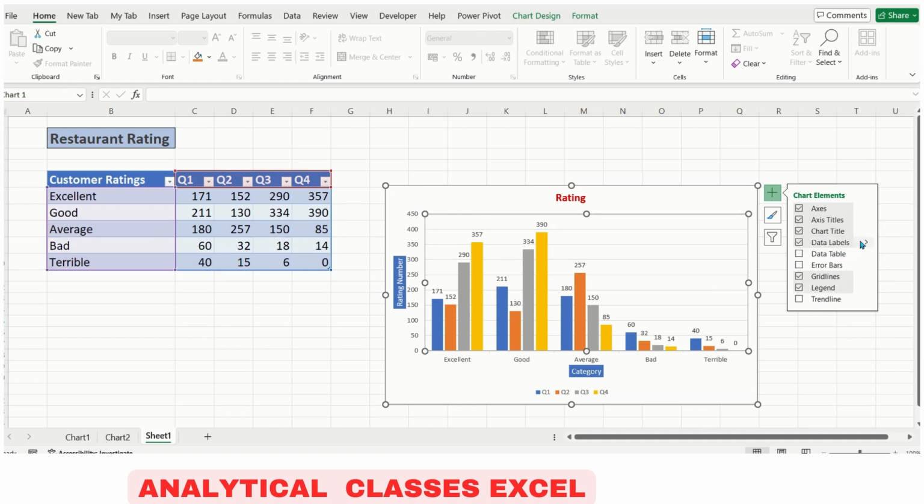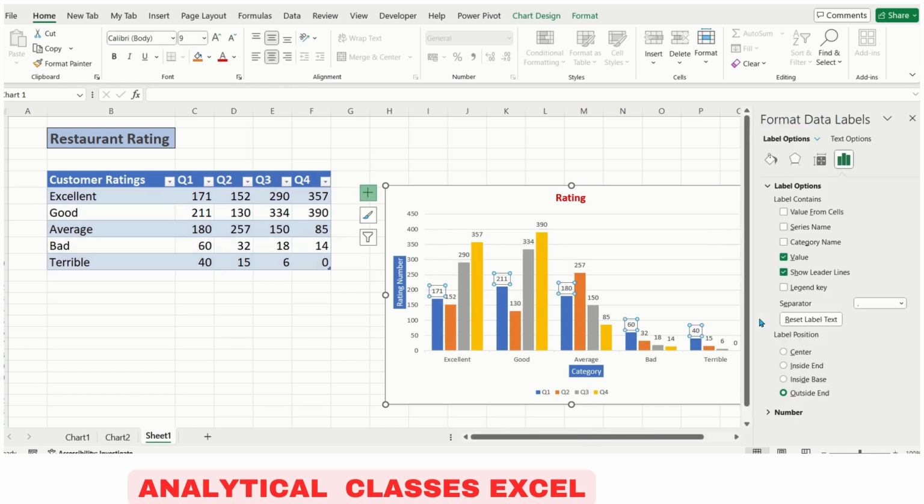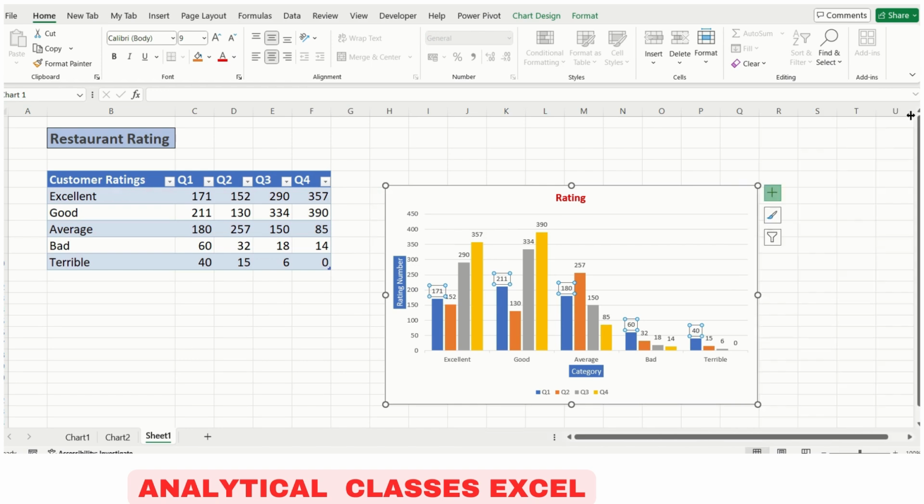So it is better to add data labels in your charts, and these data labels can also be arranged. If you want them to be in center, you can do that as well. If you want inside end, inside base, outside end, data callout, more options are available in which you can define or customize your data labels.